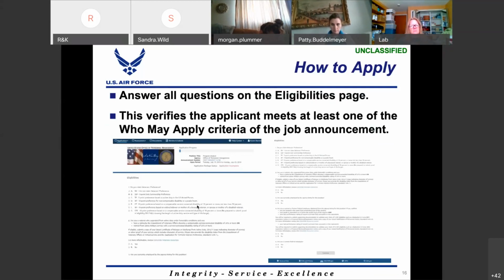eligibilities to apply. And the key thing here is when you're looking at the announcement, if it says under the eligibilities, if one of the eligibilities that you're eligible for isn't listed, then you're not eligible to apply to the position. There are some positions that are open to all U.S. citizens, so as long as you're a citizen, you can apply. Some are only open to prior military, current internal employees, and it'll say that under the eligibility section. So that's key that they check that section, and that's why you see it in your profile,